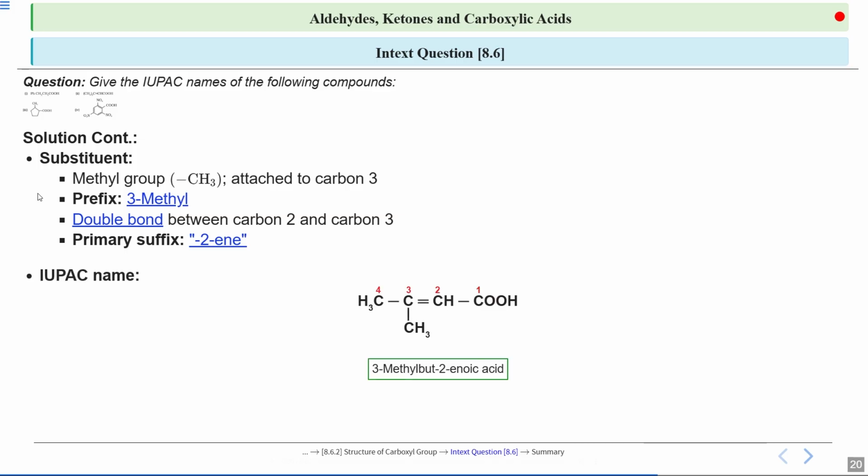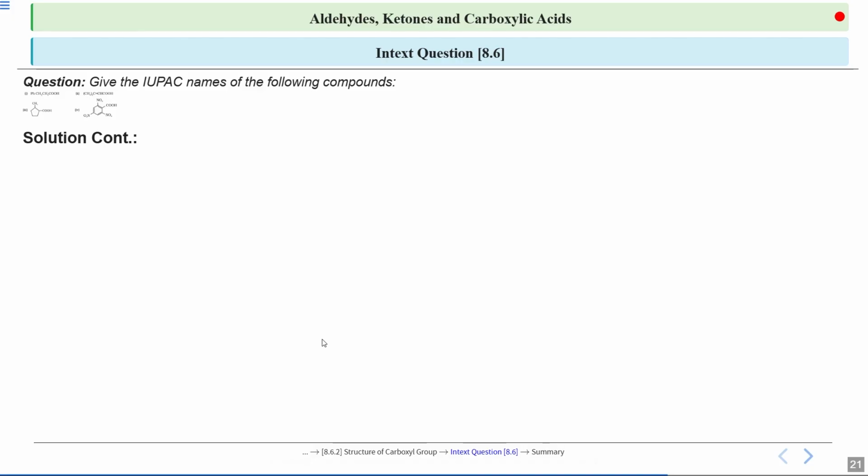So if you write the IUPAC name, then on the third carbon a methyl group is attached. So this is 3-methylbut-2-enoic acid, because between the second and third carbon there is a double bond. So this is 2-enoic acid. So the final IUPAC name is 3-methylbut-2-enoic acid. Now if we see the next one,